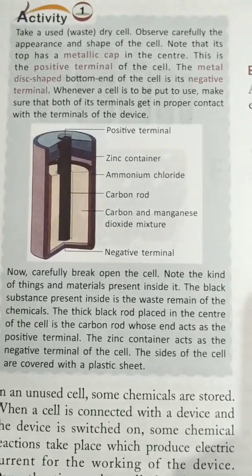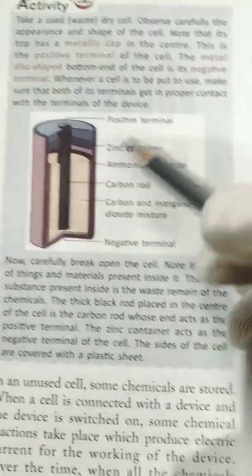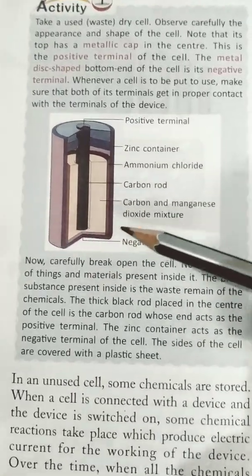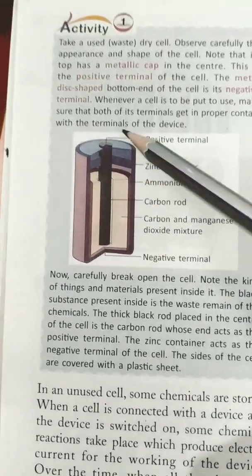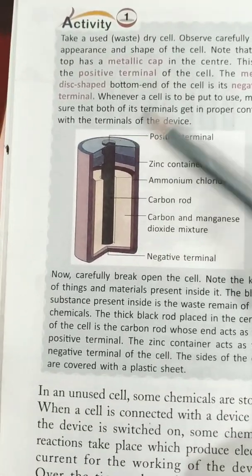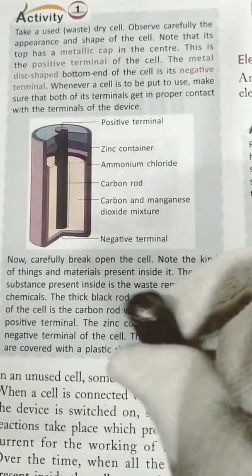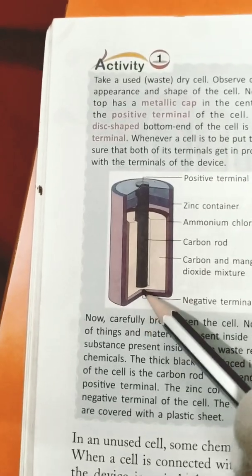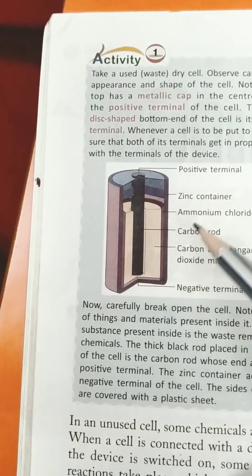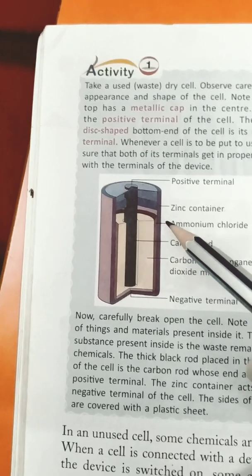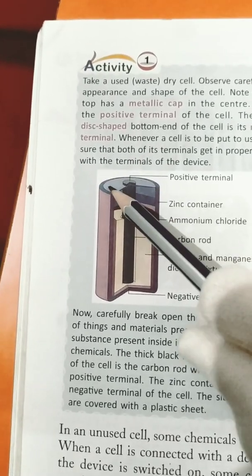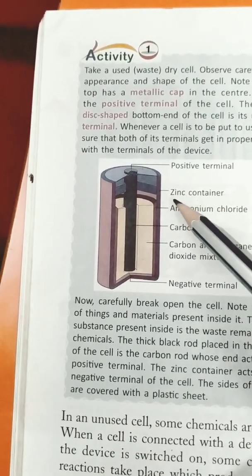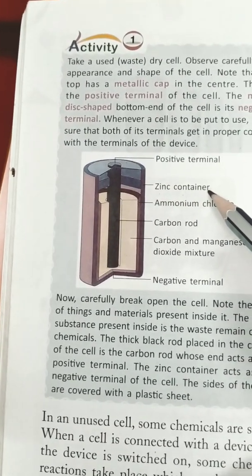Now we are going to discuss what is inside this cell. This is the positive terminal, as I already showed you in the cell, and this is the negative terminal. Inside, first of all, the outer structure of the cell is made of zinc, and that is known as a zinc container,